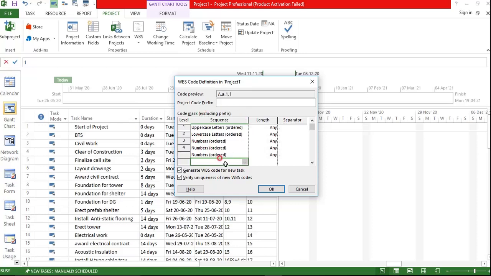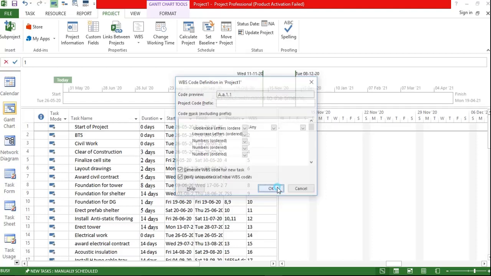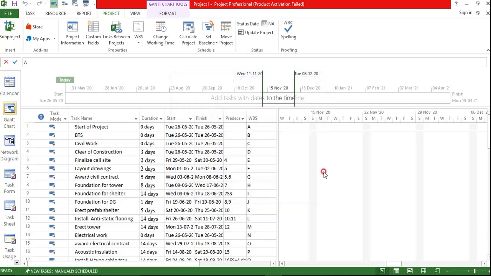Now here I have marked generate WBS code for the new task. Verify the uniqueness. This is very important. Verify the uniqueness means what? 1.1 will be only for one activity. It cannot repeat anywhere. If it repeats, then it will be a big confusion to understand the code of an entire project. So once it is done,